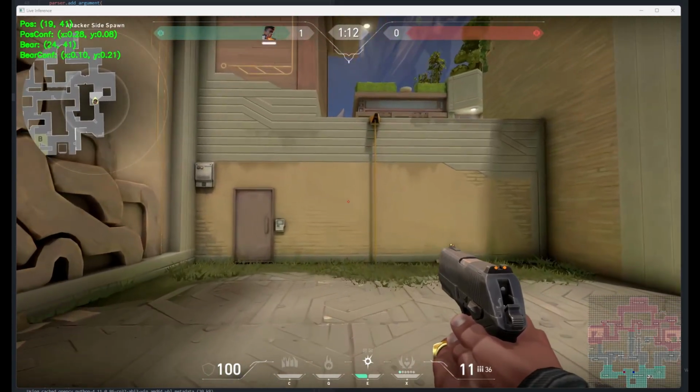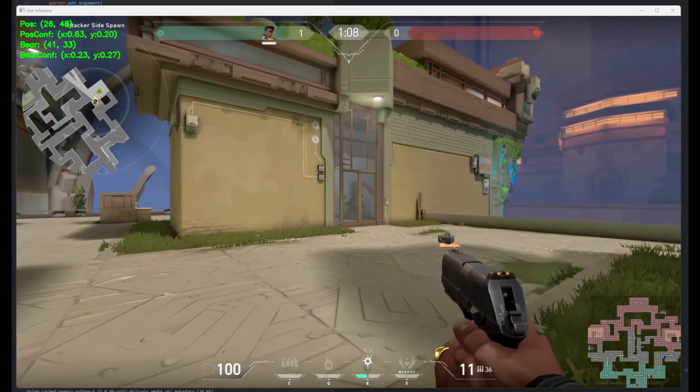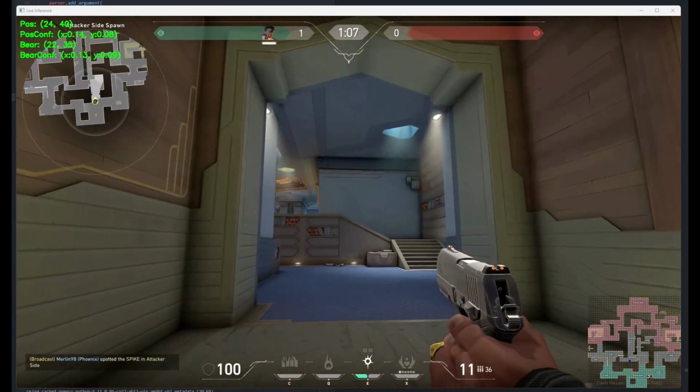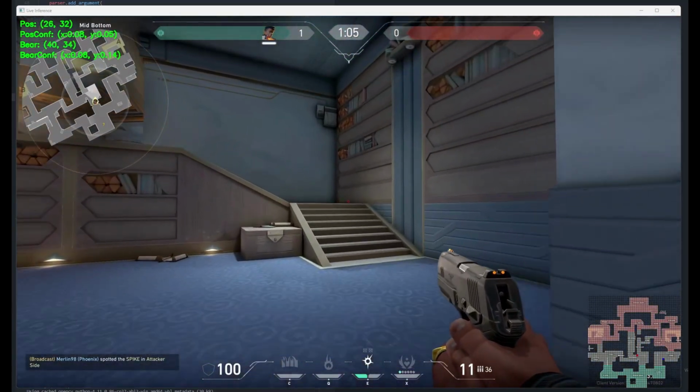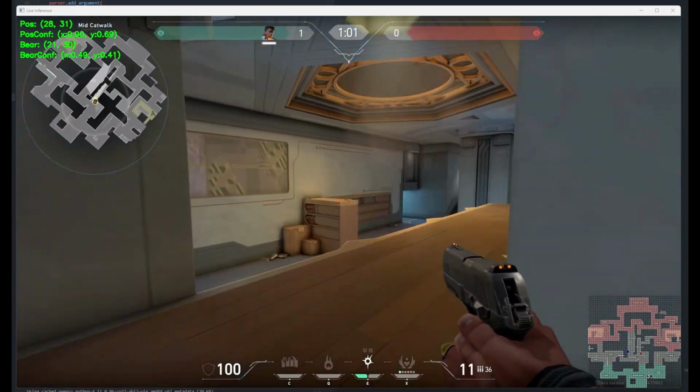Now this is a piece of footage with no abilities being used, no other characters, just literally a map walk around. And it's kind of getting the region correct, but it's not to the quality where you could actually use this in production. Nowhere near. Like, we need a new method.